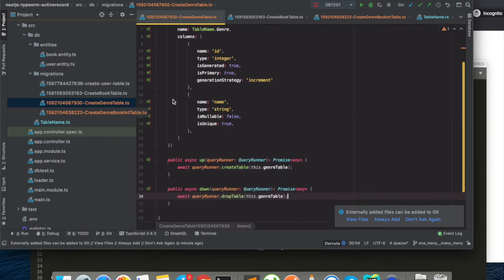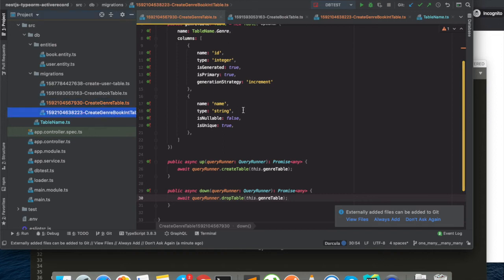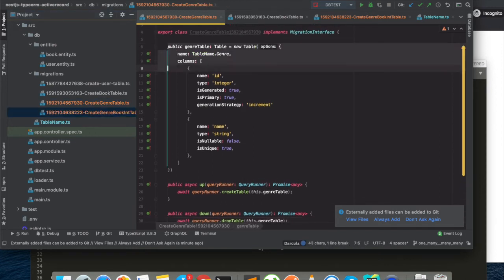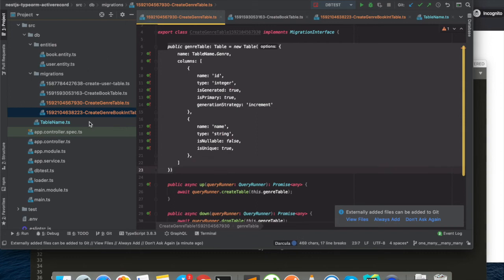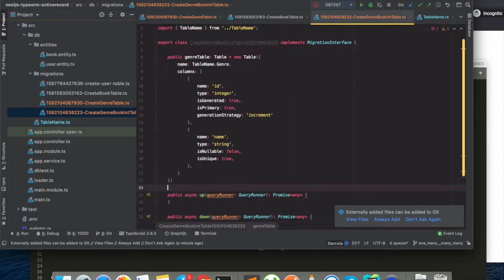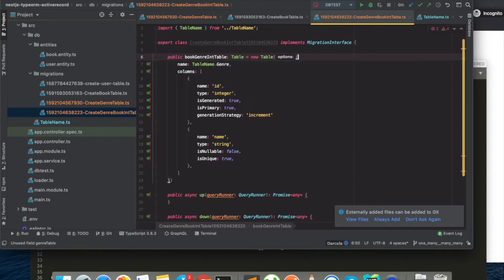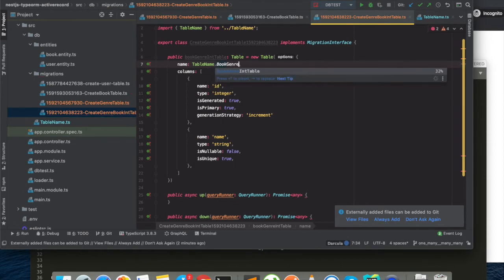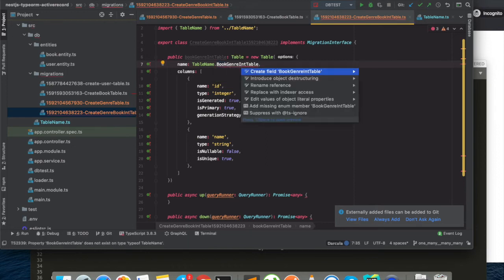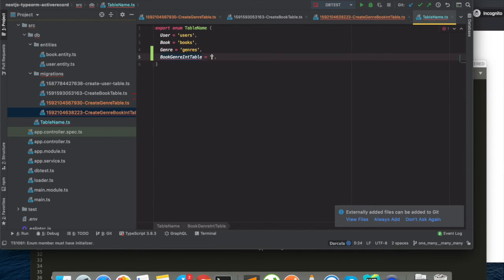Now in this intermediate table, we are going to create two foreign keys. Let's keep it book genre table.